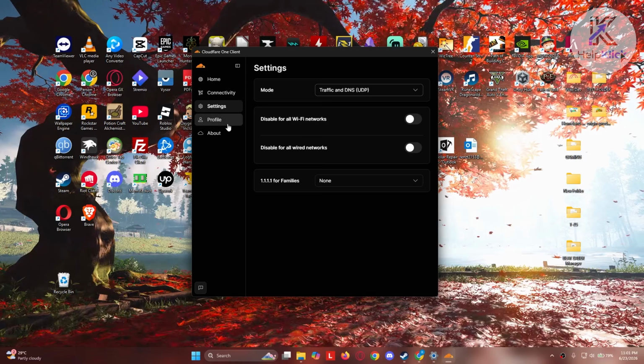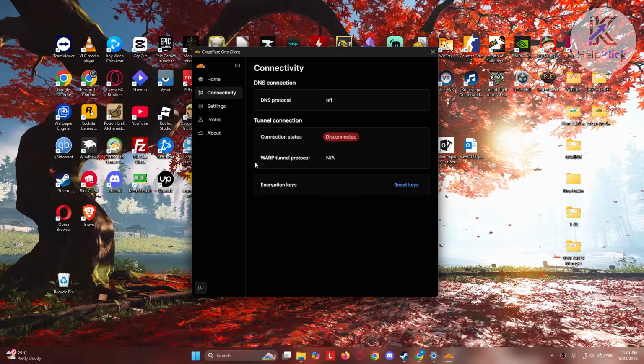I also have the option to view your profile. Obviously, this is kind of a private thing. You'll be able to see your keys. And also, if you want to see your connectivity here, for example, what your Warp tunnel protocol and DNS protocol are,